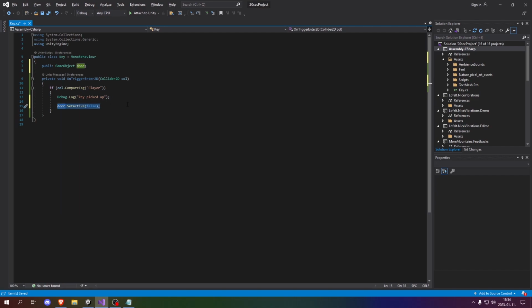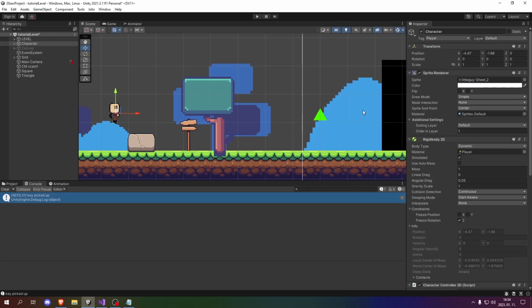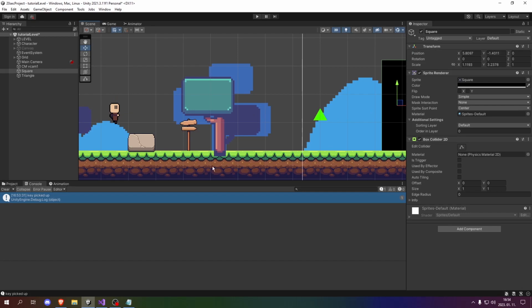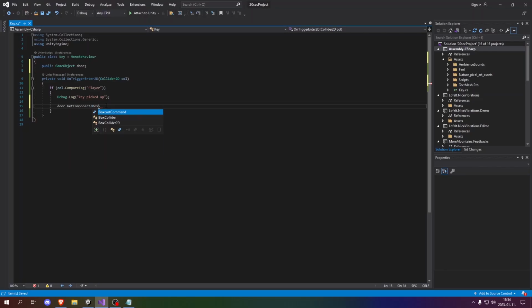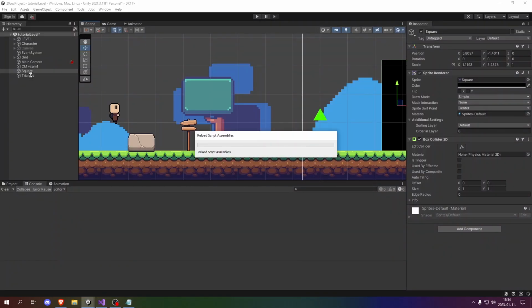Or we can also do something like door dot get component collider 2D. As you can see, it has the collider box collider 2D. We can say box collider 2D, I guess. Dot enabled equal false. So if we now save this and go back into the triangle,